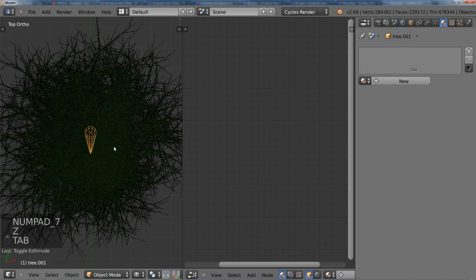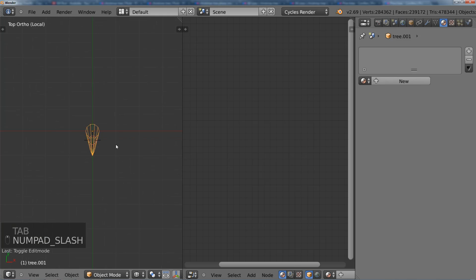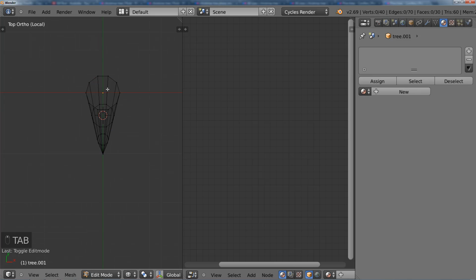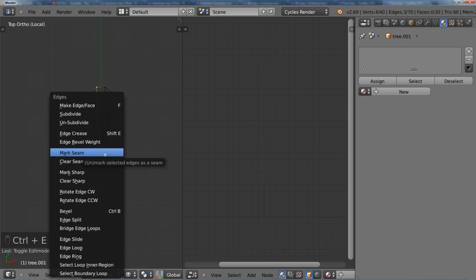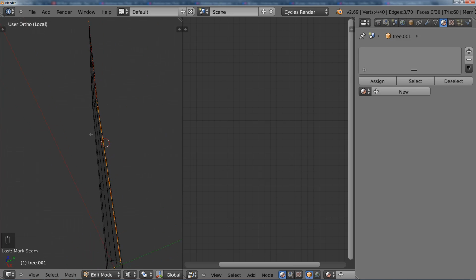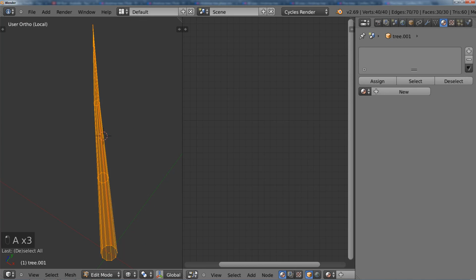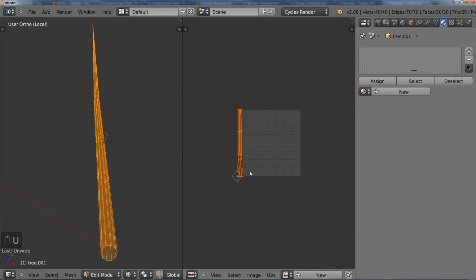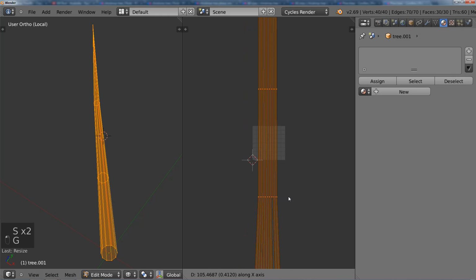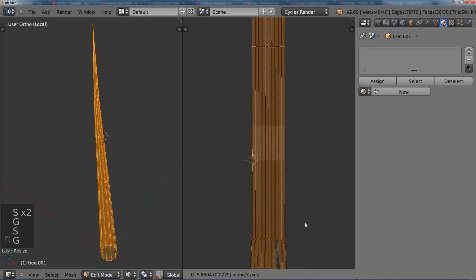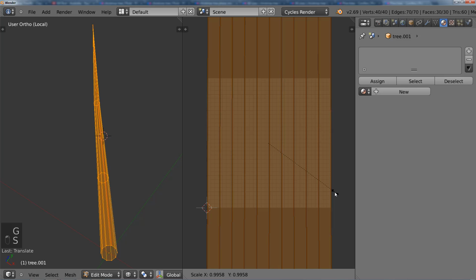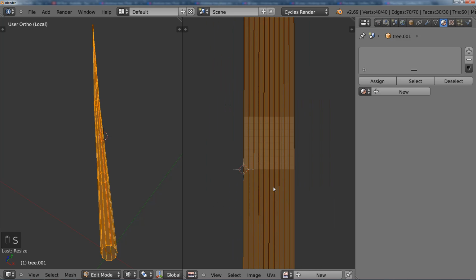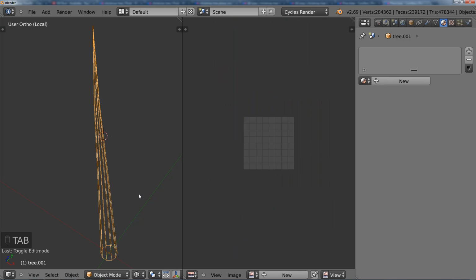So let's just make this all by itself by hitting numpad slash, and on its backside, somewhere along here, I'm going to make a seam. Not a scene, a seam, okay? Right there. And then if you go into the UV image editor, hit unwrap, you should get something that looks like this. And then if you just scale this up, what you'll find is that it should fit that grid like that, and that's going to be good, because what I'm going to do now is use a tileable texture,